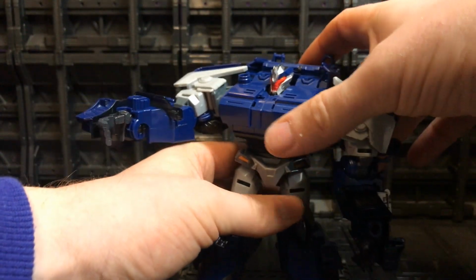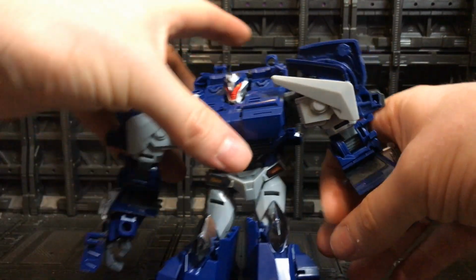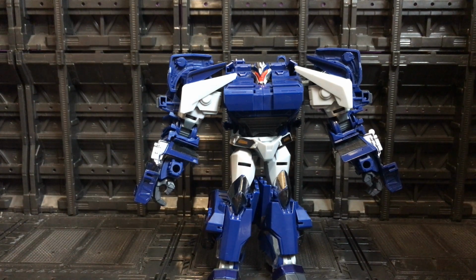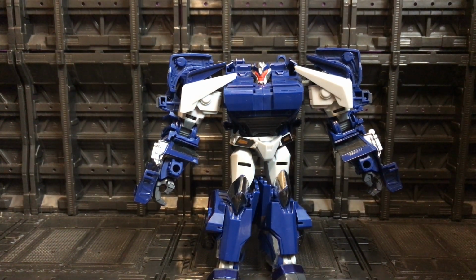So overall his articulation is pretty nice. As you can see, the joints are a little loose for me. I like to have them slightly stiffer than that. If we bring in his little weapon,